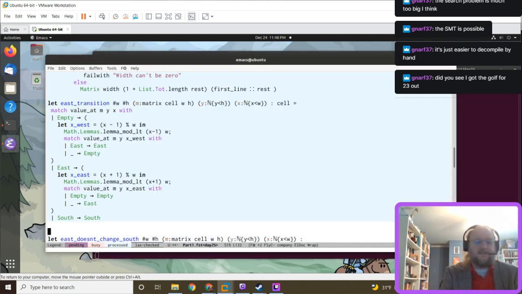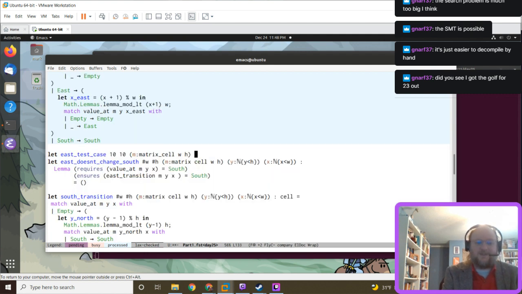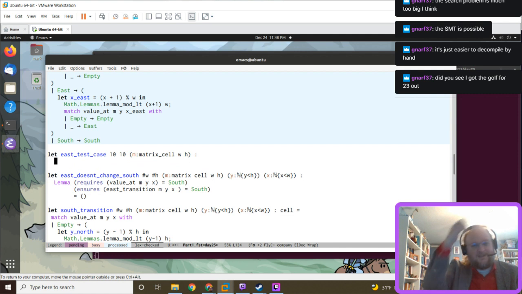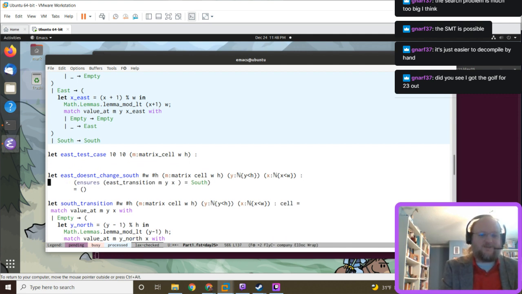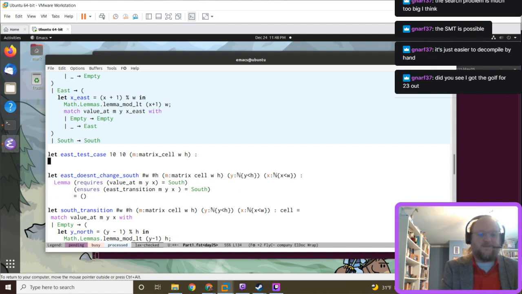So let's write a test case. I guess this is the way we can avoid giving the whole matrix. We can just say, what do we want the value at of the matrix to do?